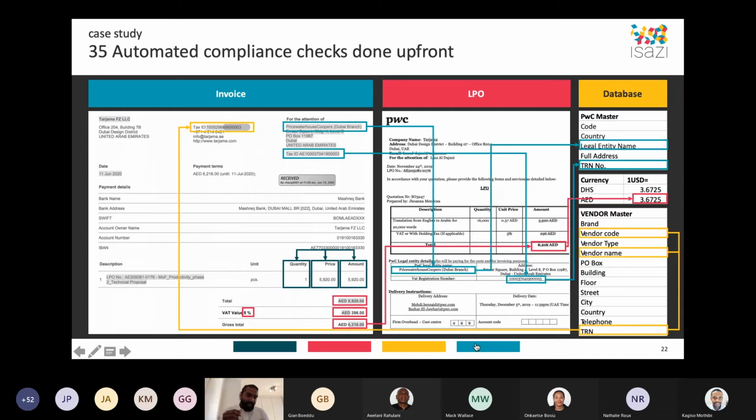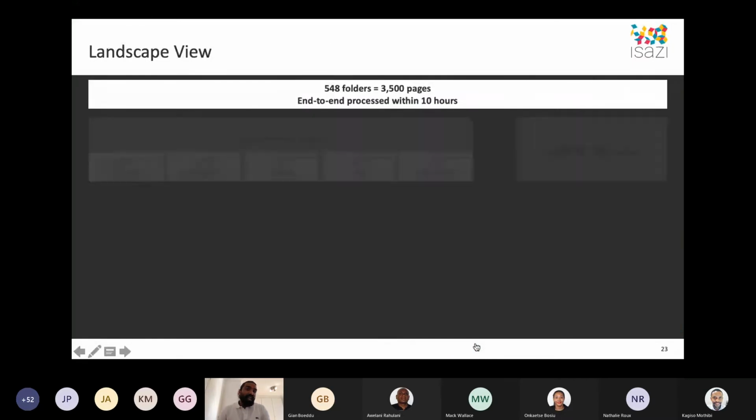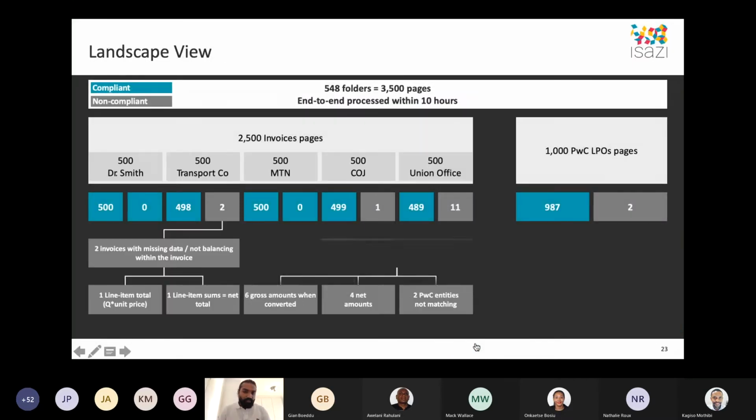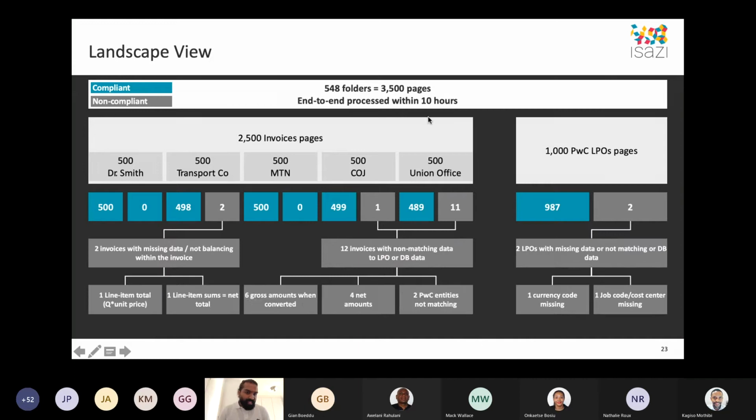So overall, we can convert it to structured data, and we do multiple checks between documents and multi-databases in organizations, and we can give information in a very high-level view. Here's a very quick example of 3,500 pages being processed in 10 hours. And overall, you see that 99% of documents were compliant and 0.46% was non-compliant. And our goal is for the regulators' energy to be spent on the 0.4% of non-compliance and not the 99% that is compliant. So that's the presentation,